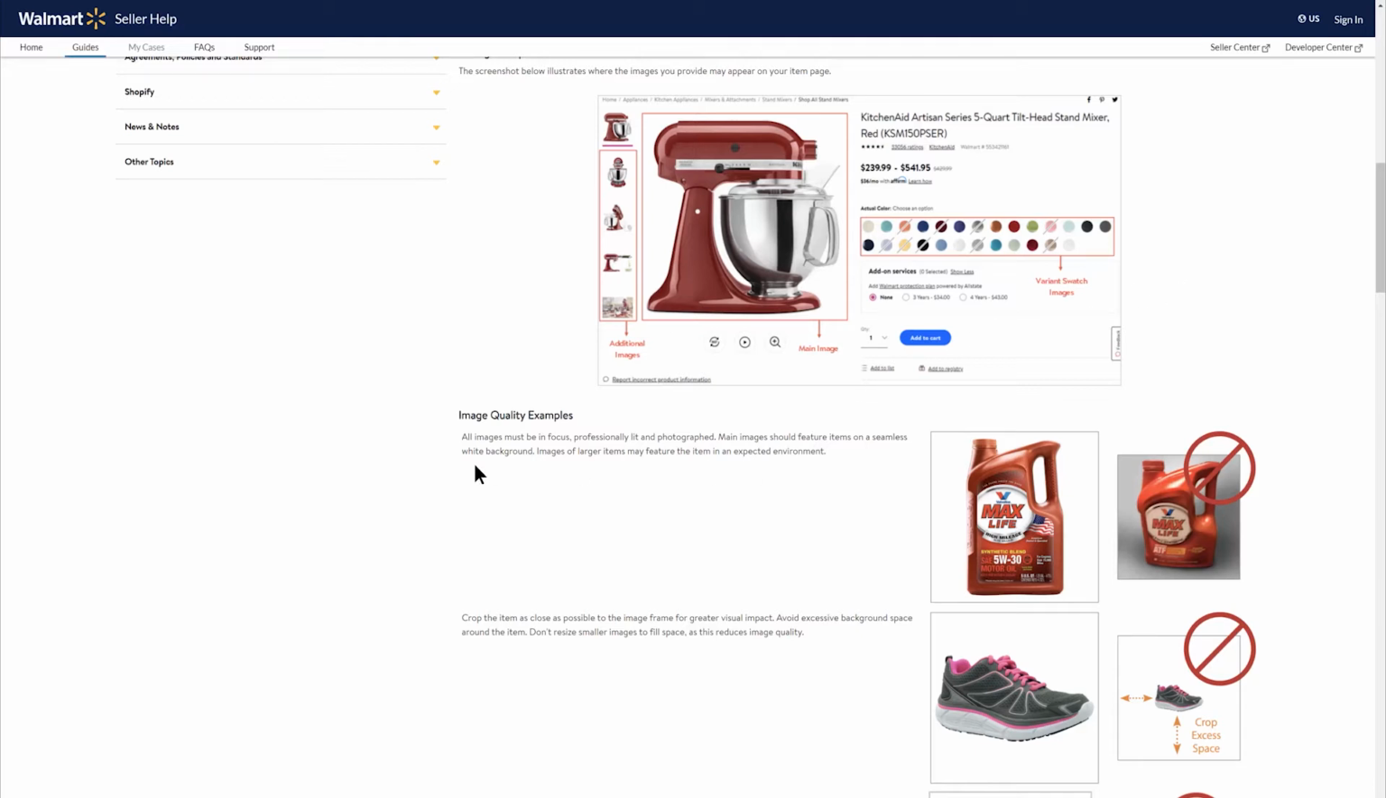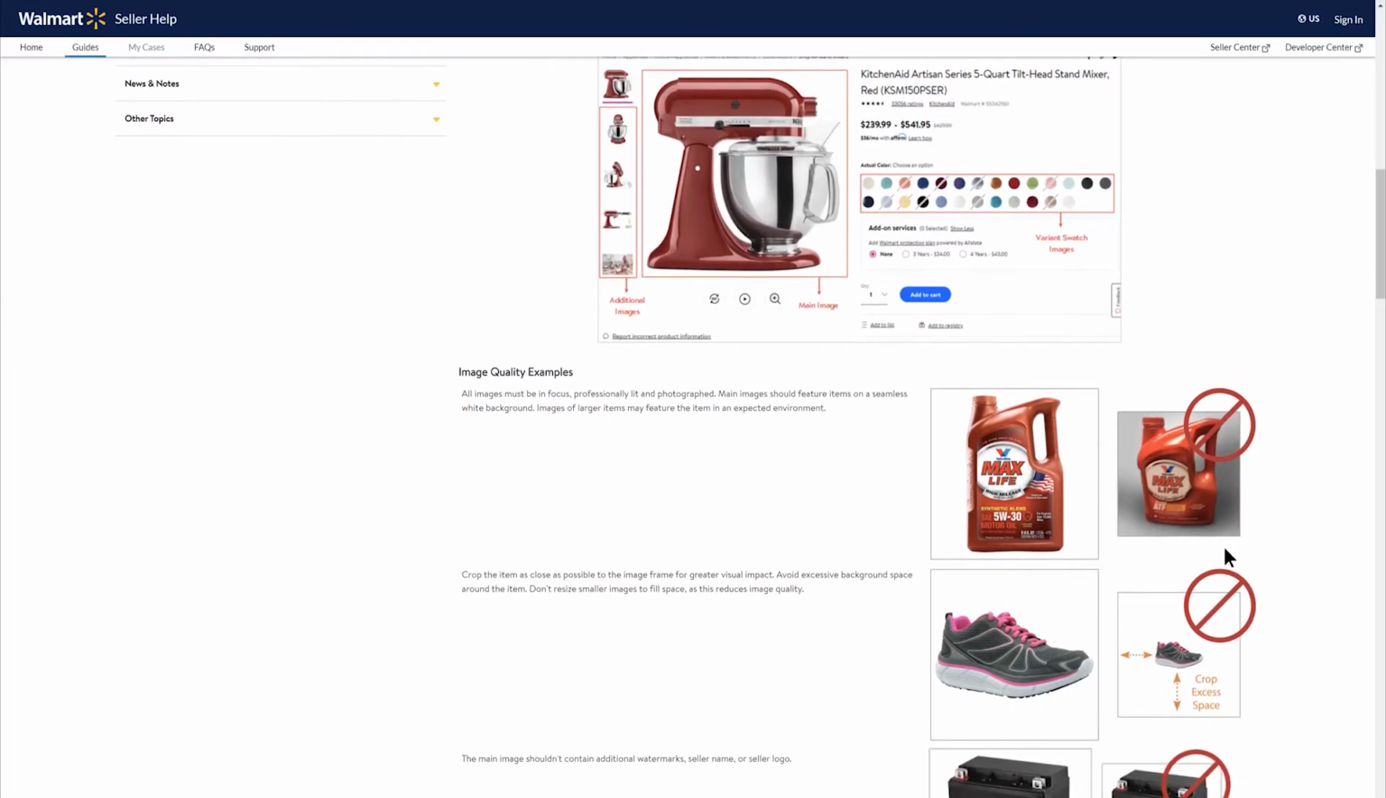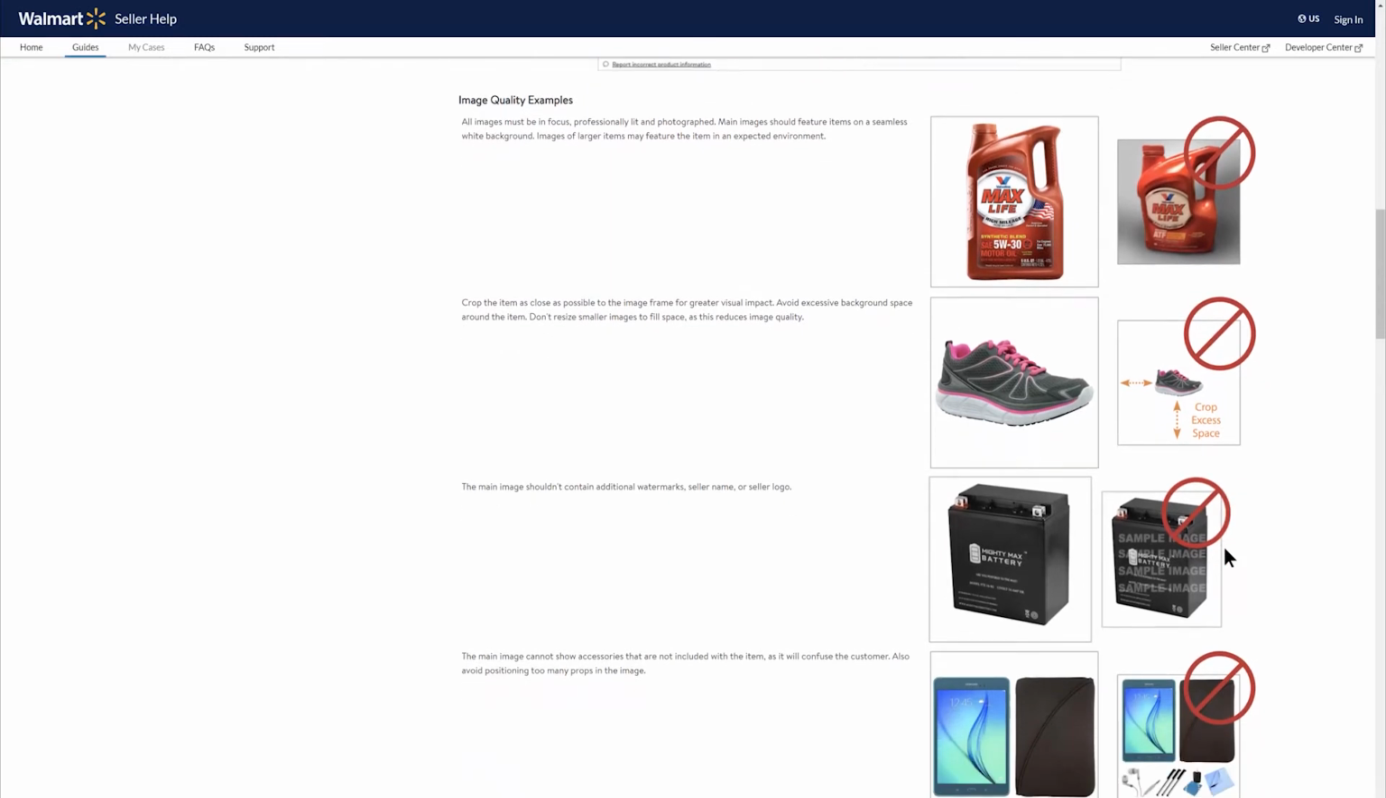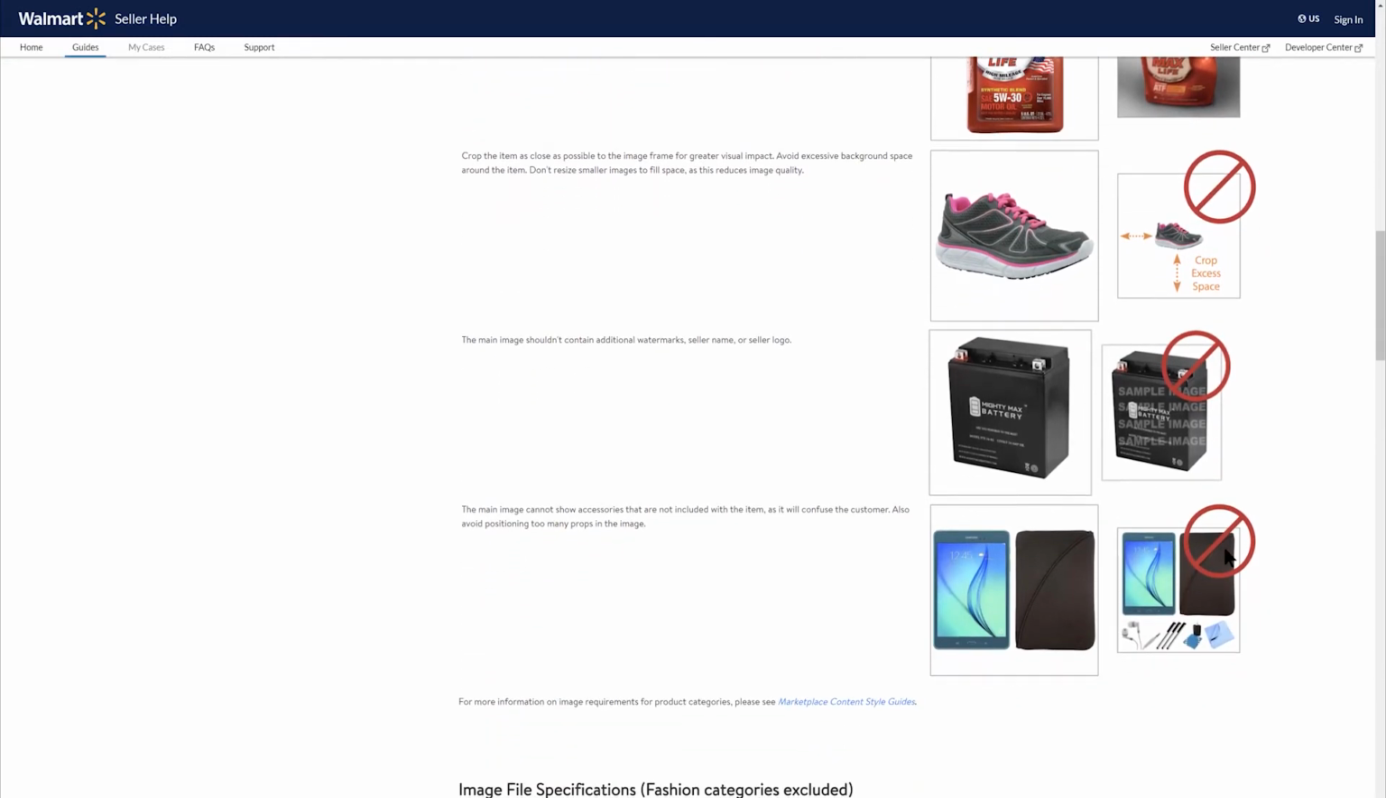And talking about white background, this example here of this Max Life motor oil, that's pretty obvious. Most of you know what a white background is because if you're selling here on Walmart, you are an experienced marketplace seller, you should know exactly what that is. Some other examples they give here are things like no watermarks. That should be fairly obvious if it's our own product. If you were selling wholesale or arbitrage items, maybe you're grabbing stuff off of like Google Images that had that. And then